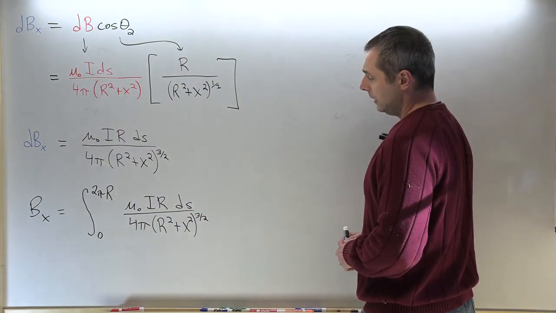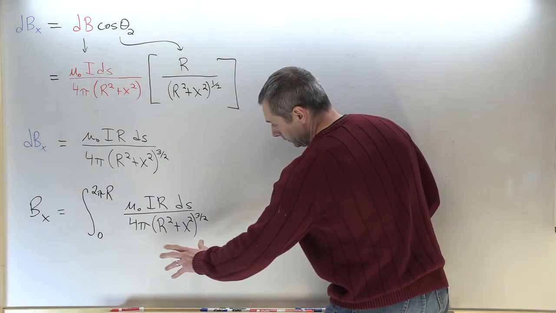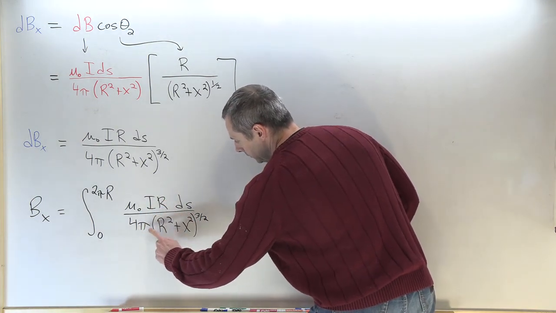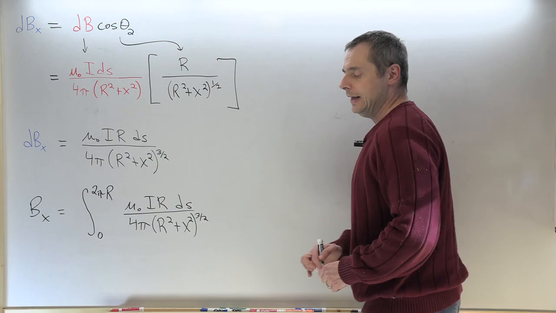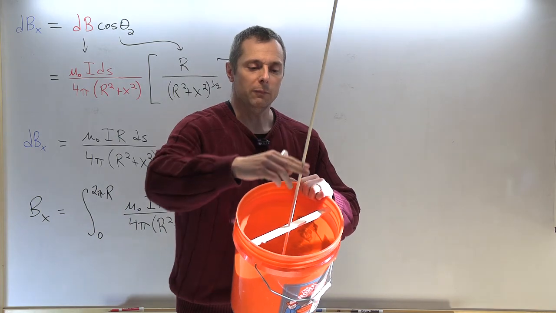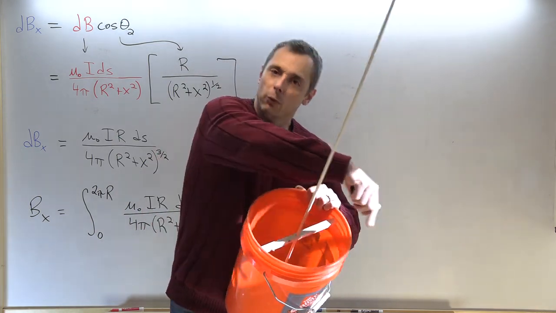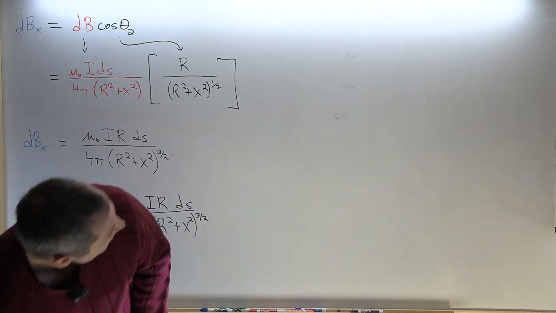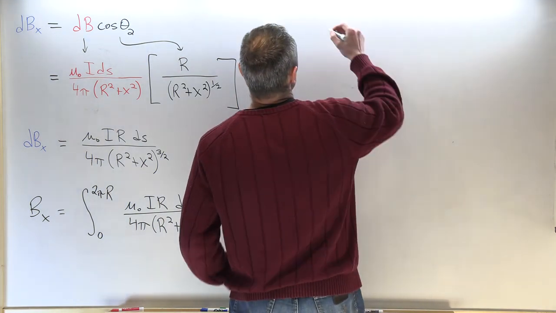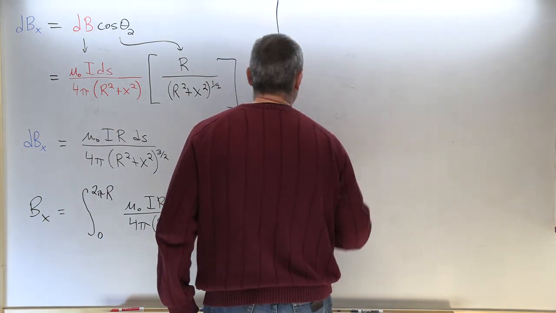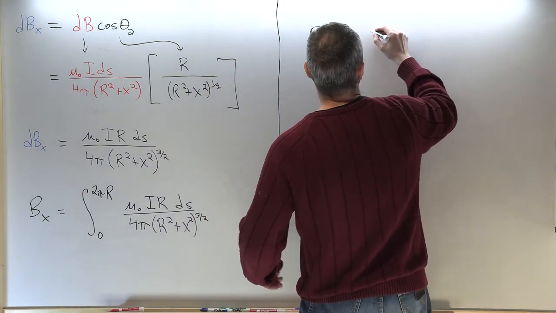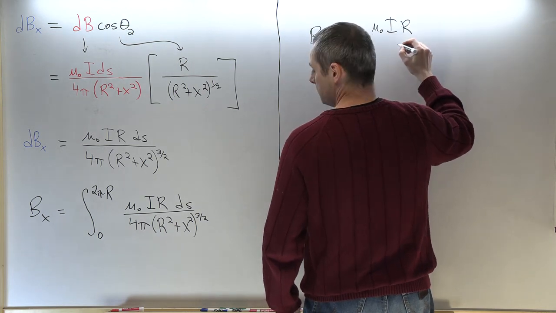So if you look at this, when you're integrating, you should realize that all of these terms are constants, even x, because as I integrate around this hoop, the x-coordinate of my point in question is the same no matter where I am in my integration process. So the only variable that we're integrating is ds. So once again, our integral is surprisingly simple in this case. Mu 0 I r